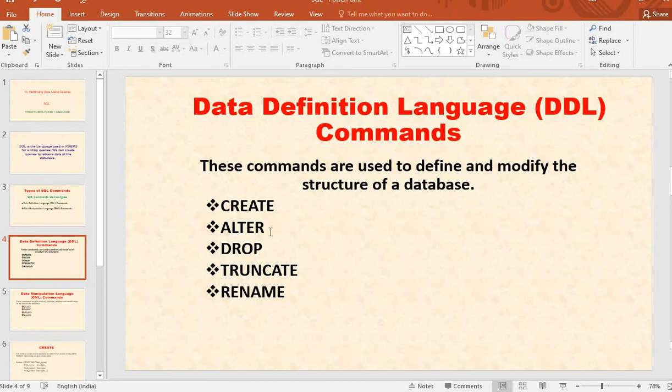And another one is alter. If you want to change the structure of your database, then you may use this command. Which command? Alter command. And another one is drop command. Third command is drop command. It is used to drop a database or delete a database.